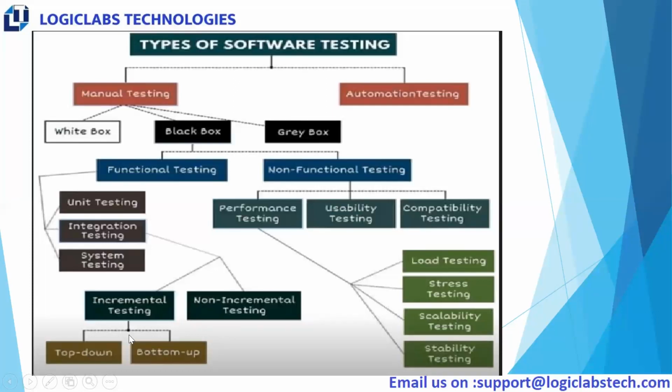There will be some concepts when we are working with alpha testing and beta testing, like the top-down or bottom-up approach. Then we say performance testing, we have load testing, stress testing, scalability testing, stability testing. So these are the testing activities which you need to perform by using different types of tools and